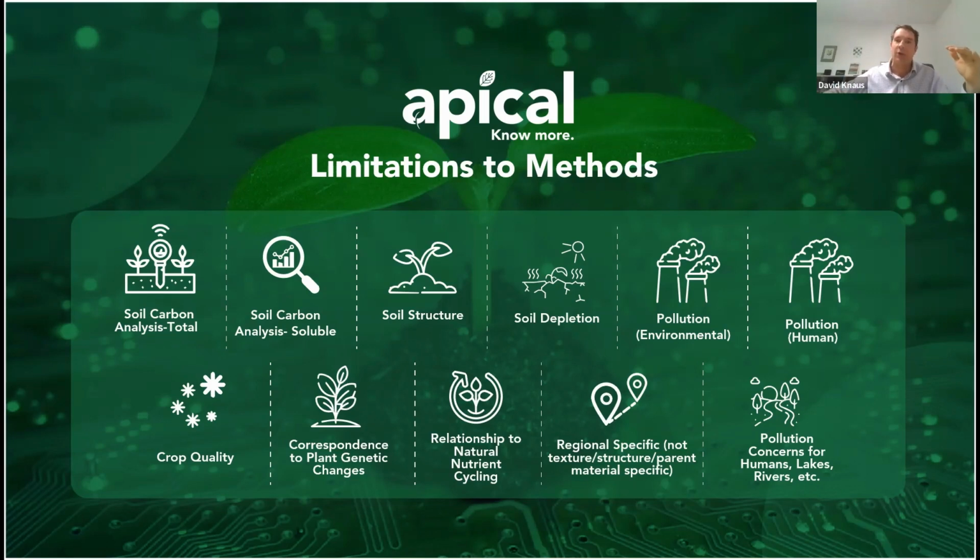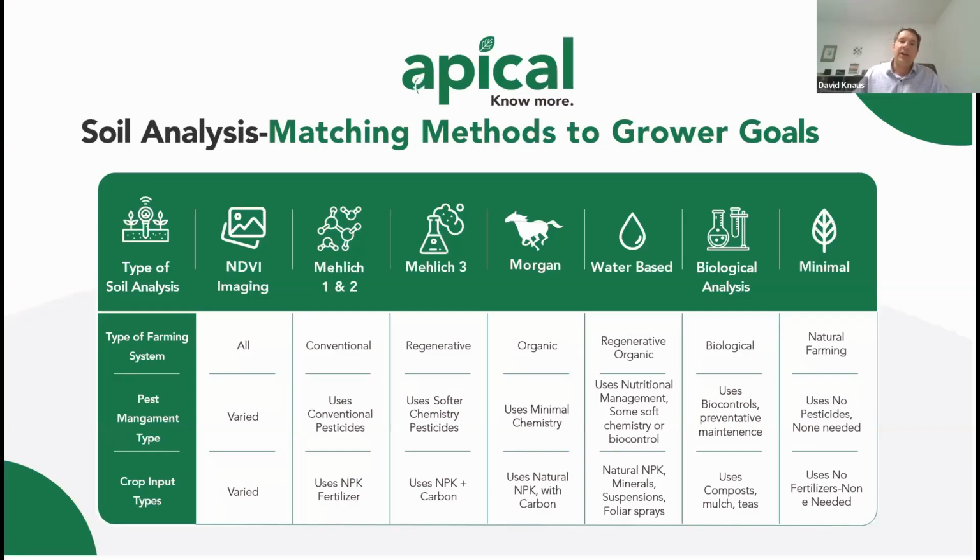And so if we're missing a rung or two at the bottom of the ladder, if we're not understanding how soluble carbon is cycling, or if we've got major contamination from heavy metals or something like that, there's going to be some degree of mismatch between our intellectual understanding of what's happening in our field and what the plants are actually going to be capable of. So again,